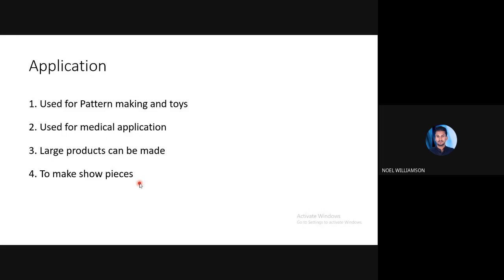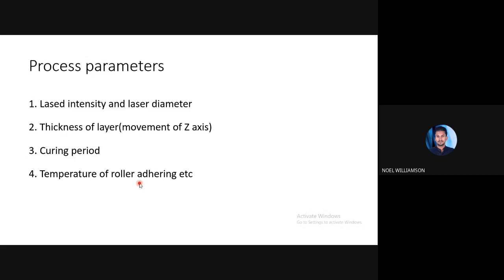So these are the main applications of laminated object manufacturing, and these are the main process parameters which can affect the various qualities of this particular process, that is laminated object manufacturing. First one, laser intensity and laser diameter. So depending on the intensity of the laser beam and also the diameter of the laser beam,